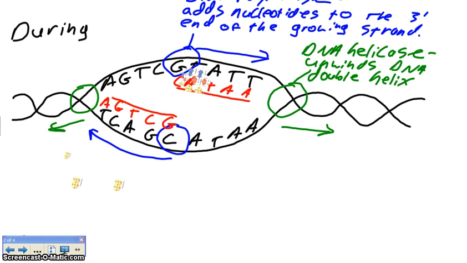All right, sweet. So now we can label 3' and 5', right? So we're adding to the 3' end. So that's 3'. That makes this have to be 5'. Okay? So now if we follow this, as DNA helicase unwinds the double helix and as DNA polymerase makes this